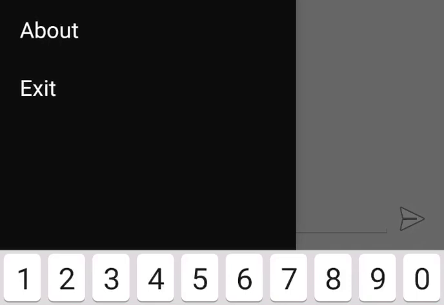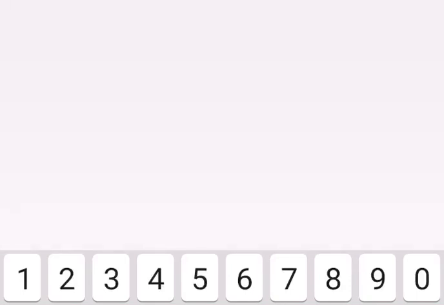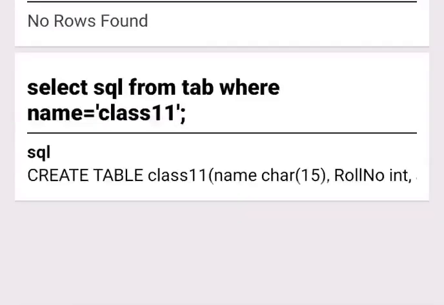To check this command, click on the table. Now this shows there is class 11 table. Click on the table. Your command is displayed here. It's describing the structure, that is describe class 11. In class 11 table there are 3 columns: name, roll number and admission number. And at that time there is no row in this table. We have only created the structure of the table.